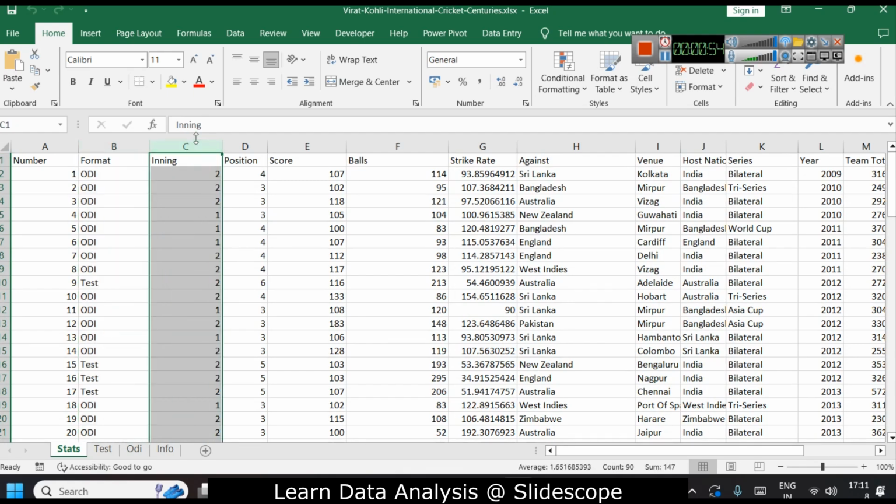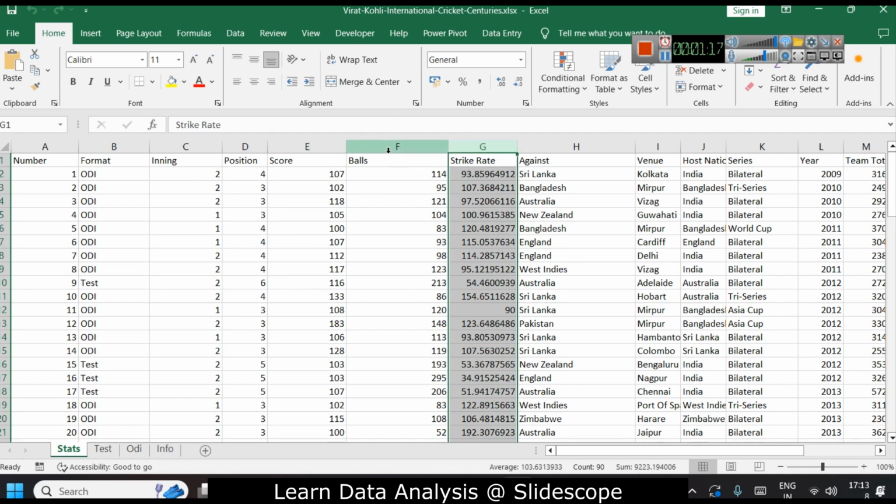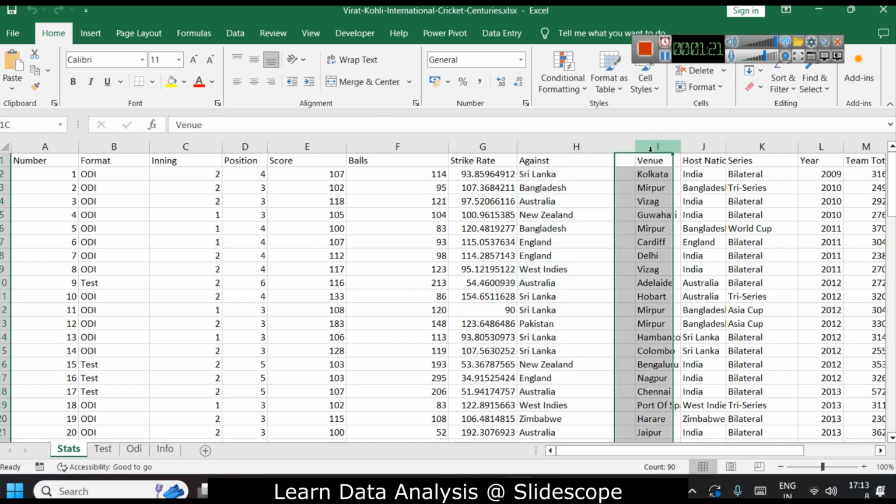This is innings information, whether in first innings or second innings, at which position has he scored centuries, the score he made in that particular century, and number of balls taken to make that score. And they have already calculated the strike rate, otherwise we could have easily calculated it. Then against which team, at which venue,